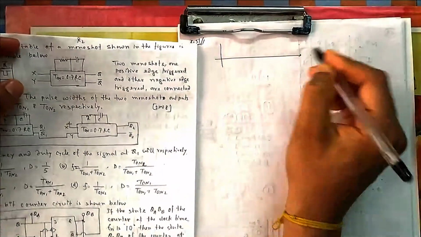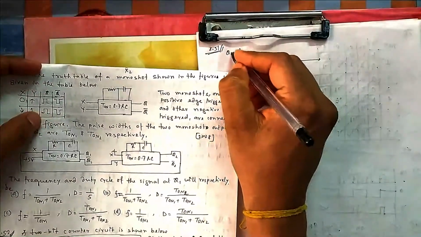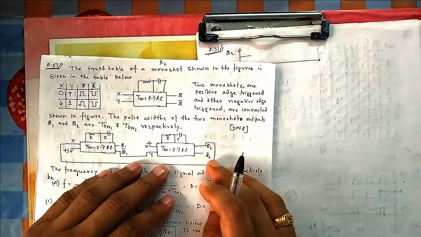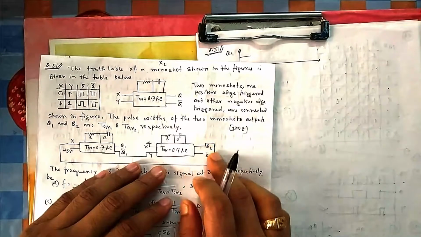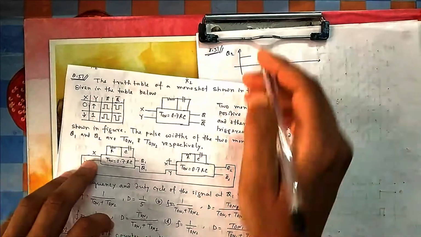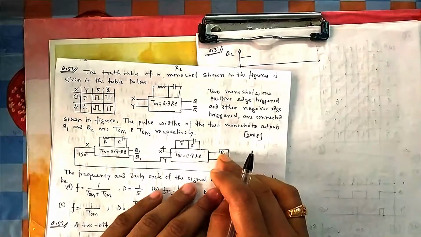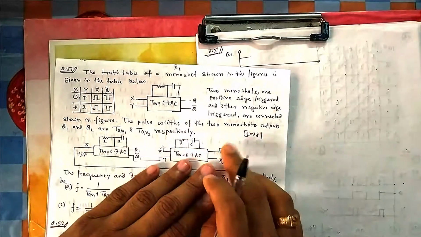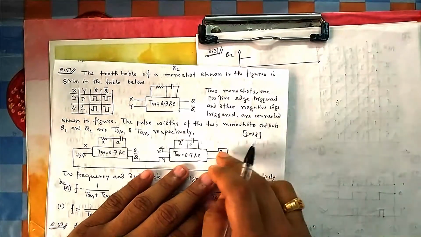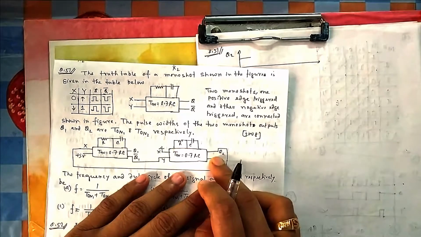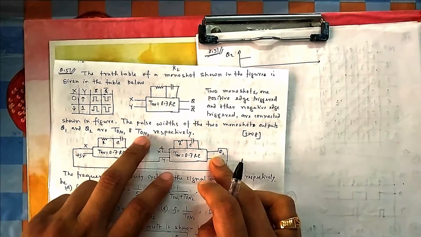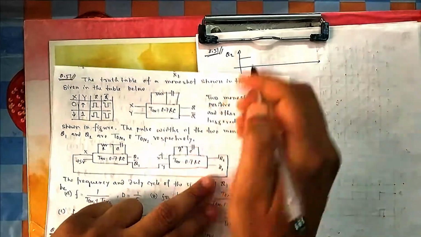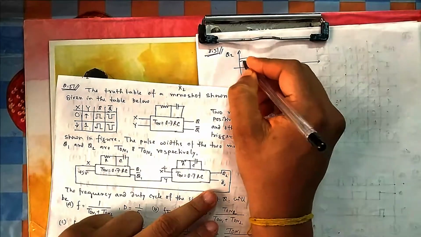So let's draw the waveform, first for Q2. Let's start with Q2 as 1. If Q2 is 1, then Q2 bar is not required. This Q2 will come to x. Somehow it got on, I don't know how, let us forget that and start from some point, so I'm considering this as 1. This will be 1 for T on 2 time, because this is a monoshot. This whole state of Q2 holds for T on 2, so after T on 2 time it will come down.